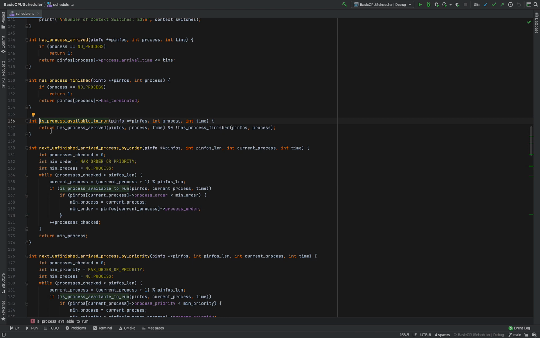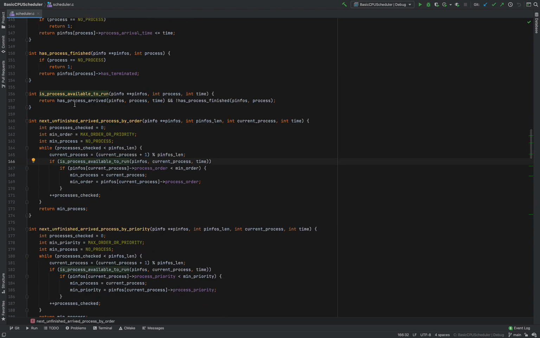That says that the process has arrived and the process has not finished. And you can already see the process has arrived code over here and the process has finished code over here, and they are very, very simple. And the is process available to run code just uses these two functions to figure out if a process is available to run at this point of time.